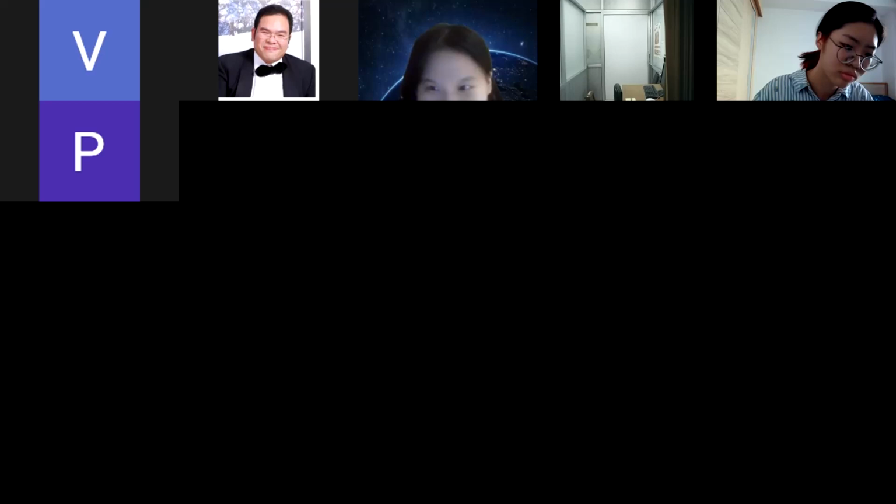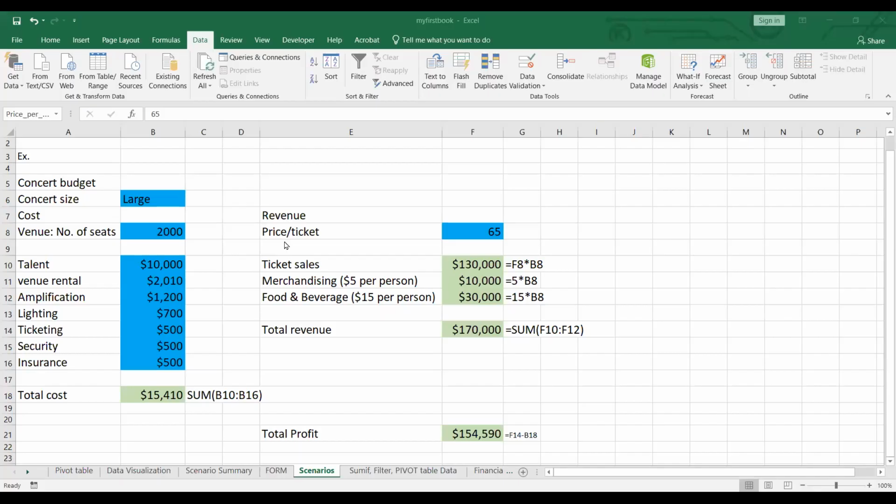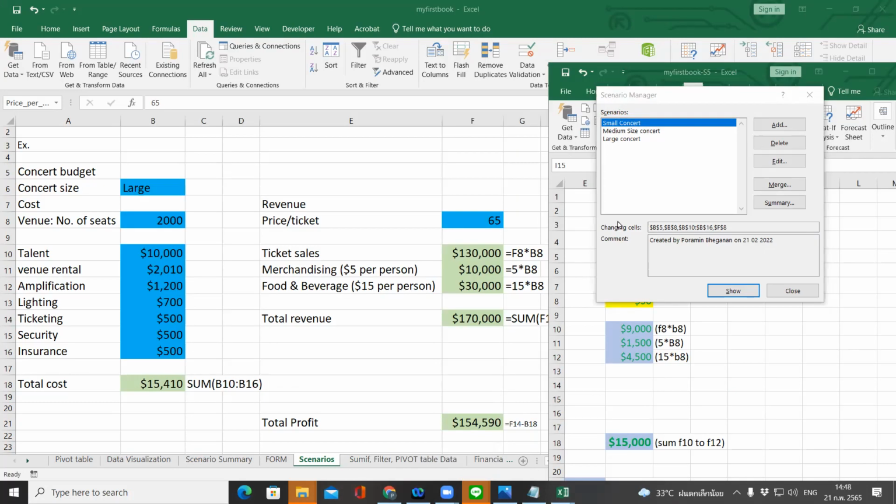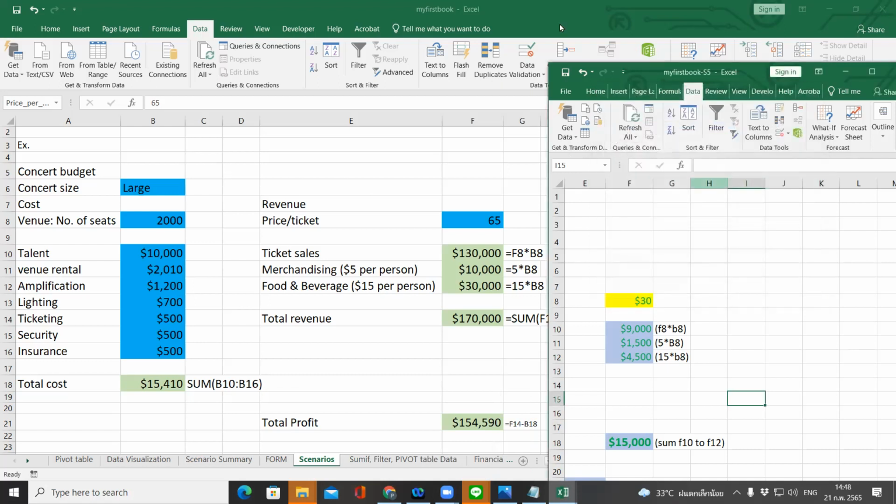Okay, this is the large concert scenario. Everyone, please create a large concert for me in 2 minutes. Okay, time's up, everyone. So right now on your scenario manager, hang on, let me just reshare my